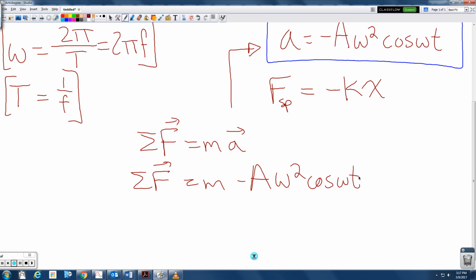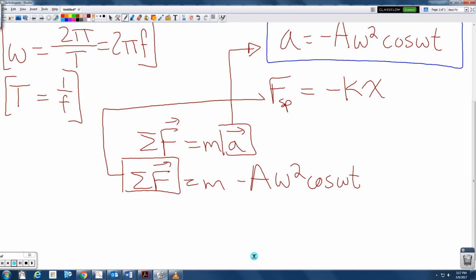We also have a value for what the restoring force in the spring should be. We have this value for what the force should be, given by Hooke's law. So we can substitute this value in, underlined in green, for our value of force. Let's write it out. Minus kx